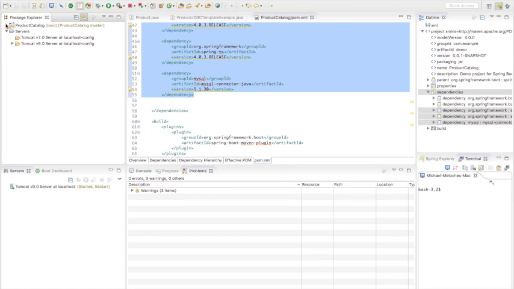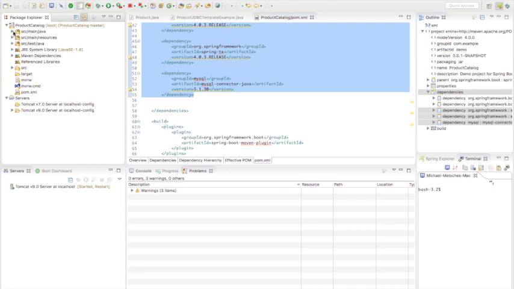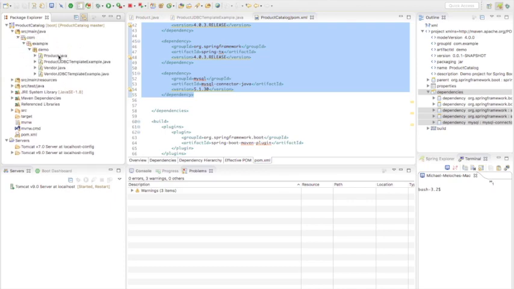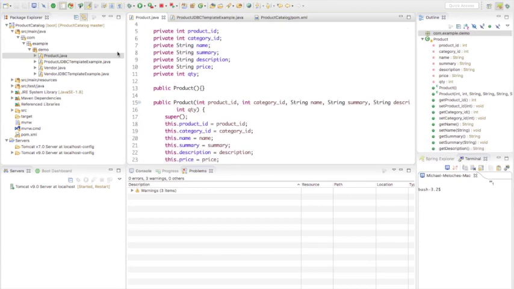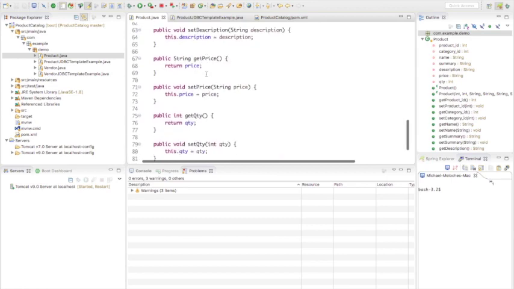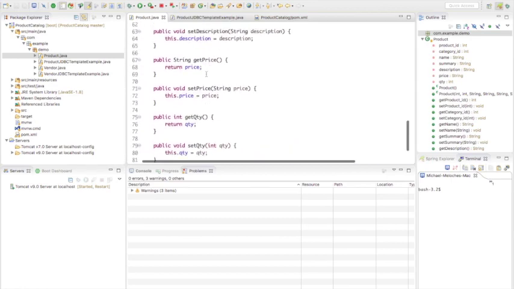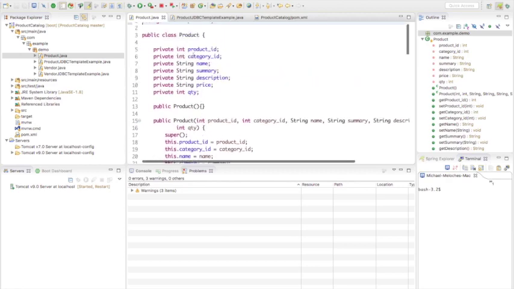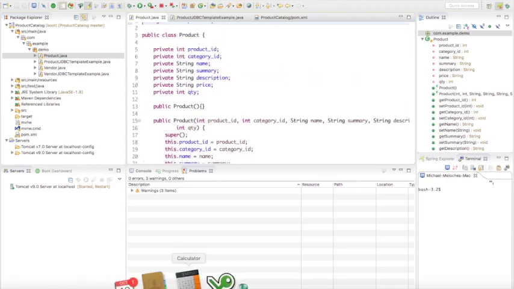So last time we created our product catalog application to communicate with our database. In here, we had a couple of classes for our product data object and our product JDBC template example. So our product data object is essentially a plain old Java object, or POJO, that just contains all the getters and setters to the variables that we defined that matched our database table. So if you remember, our database